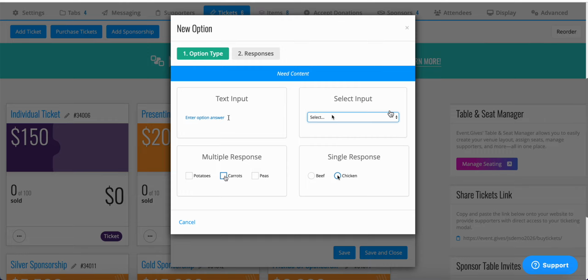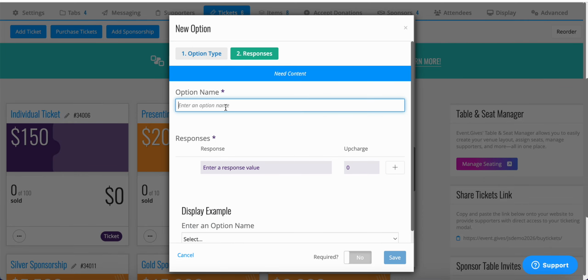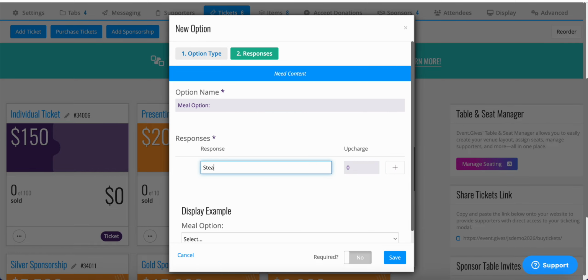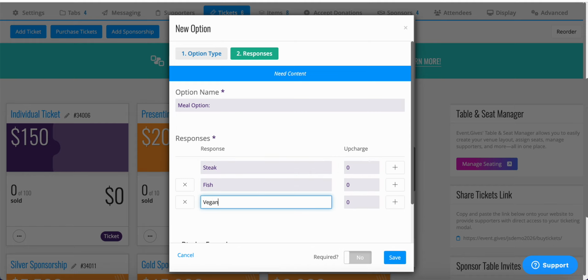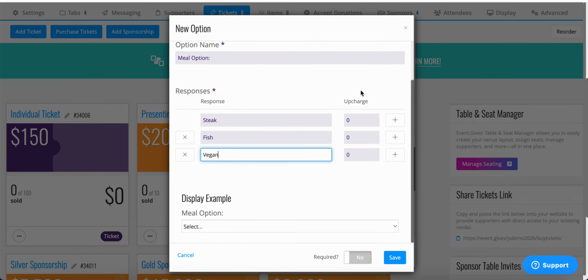The select input, this would be if you have multiple options and they can only select one. So maybe you have 3 different meal options, for example, and we'll actually just type that in here. So meal option, and then we can say steak, maybe fish, and vegan. So by typing those in and then clicking on that plus sign, you can add as many as you'd like